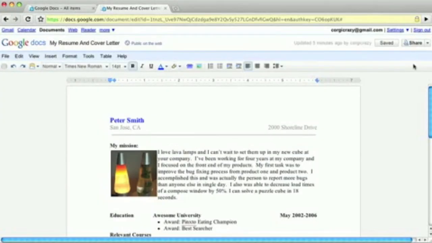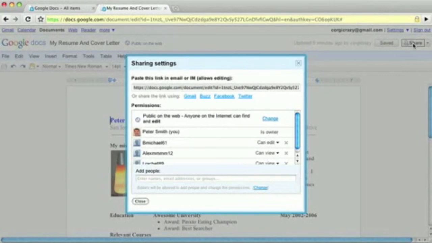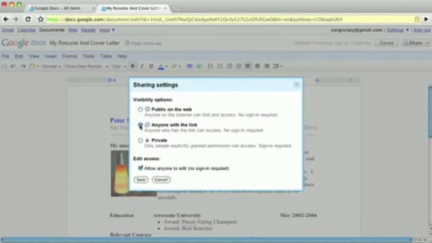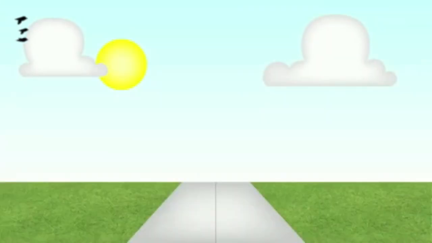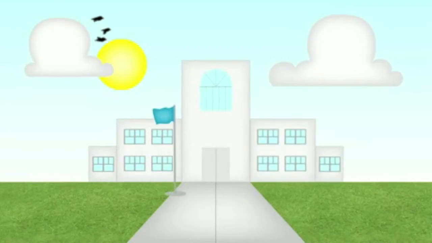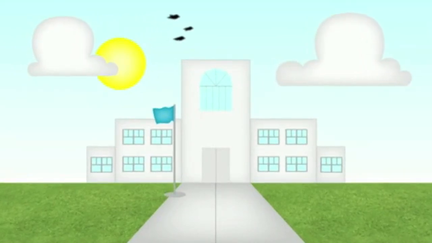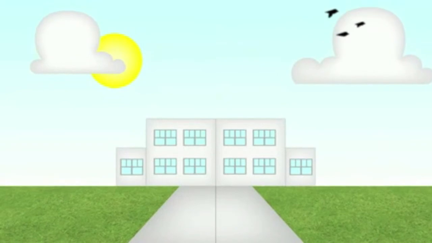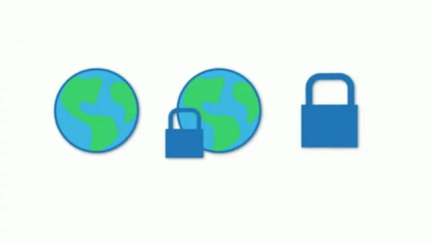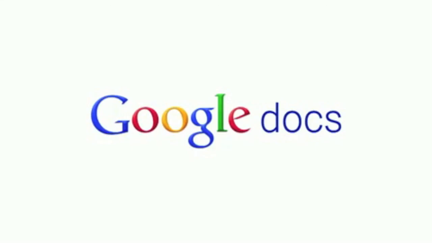It's easy to change the visibility option on a doc at any time. Just click Share at the top right of any document. Click Change and choose a new option. You can also check your doc's visibility by looking next to the document title. If you're using Google Apps for your school or business, you can also share docs within your organization, and the default sharing options may be different depending on your organization's settings. So that's it, sharing that just works in Google Docs. To try it out, go to